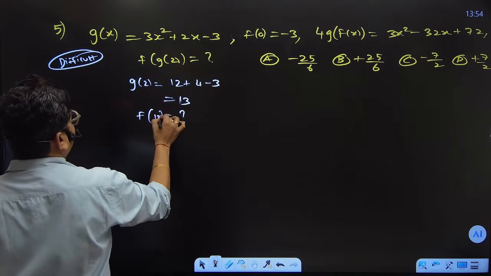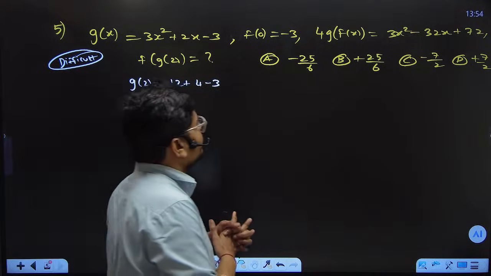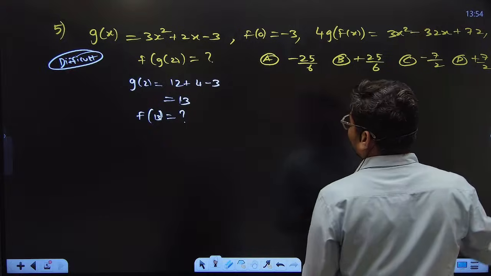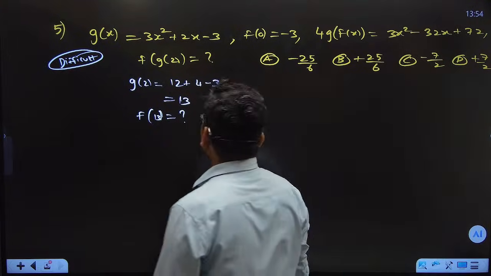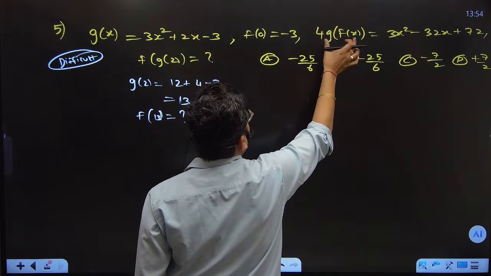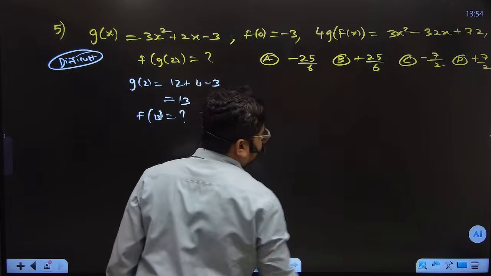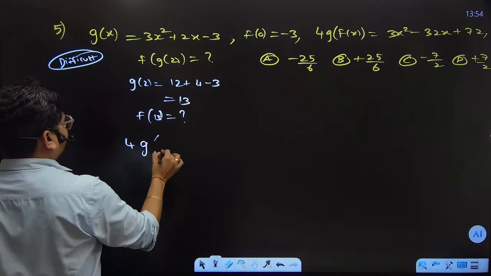But I don't know what the f of x function is over here. You are not aware of what the f of x function is. I know one more thing, which is that g of f of x is this much. So since I want the f of 13 value, in this particular expression I replace x with 13, and I get 4 times g of f of 13